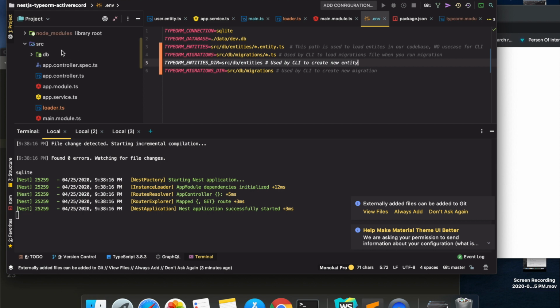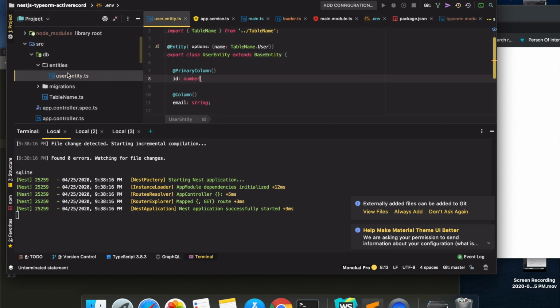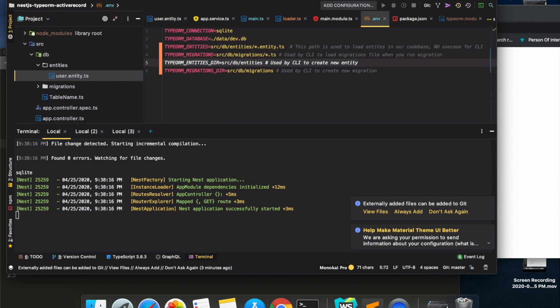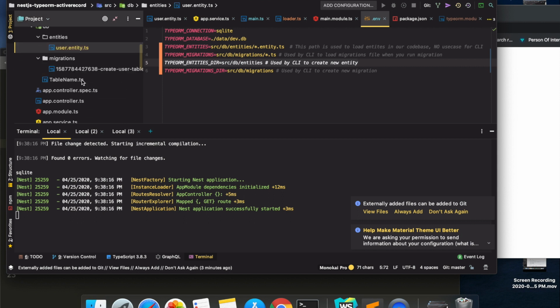Creating an entity is very simple. Like we have this entity, all you need to do is create a class and annotate it with entity. The next thing is migration. Again, if you are not using the CLI to create a migration file, you can create it on your own. Instead of an epoch number, you can just use a serial number and it would still work.